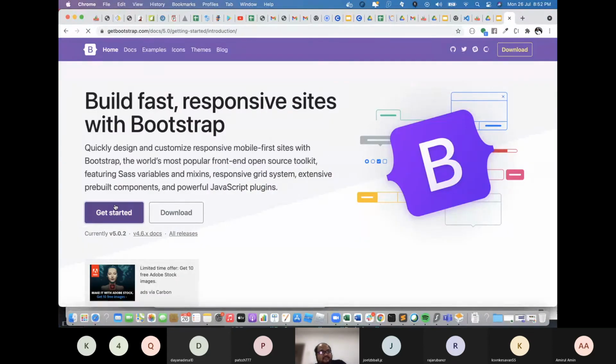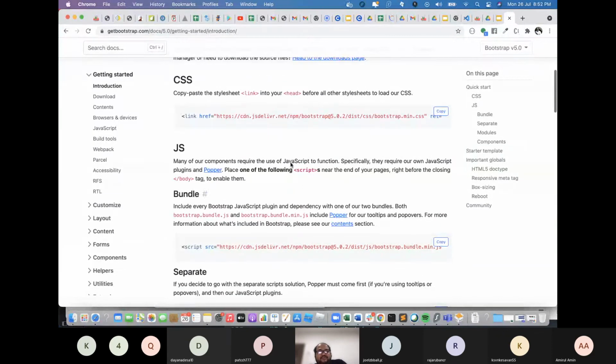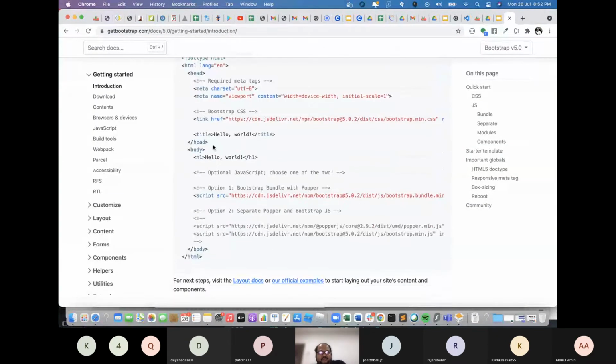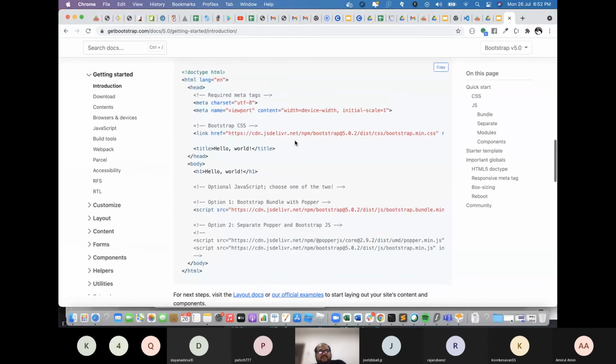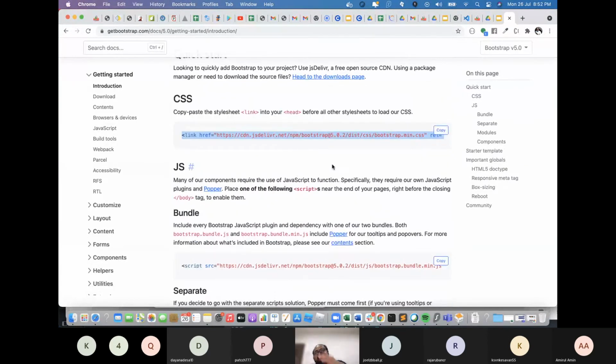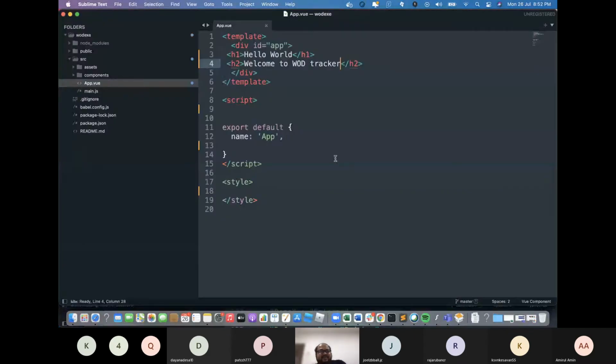Get started. This is what we normally do as well. You only import this code, right? Normally we do like this, and normally we do all this, but you only take this one, which is CSS code, right? The CSS code, copy it, and then you put it inside